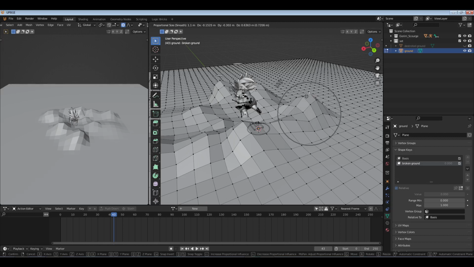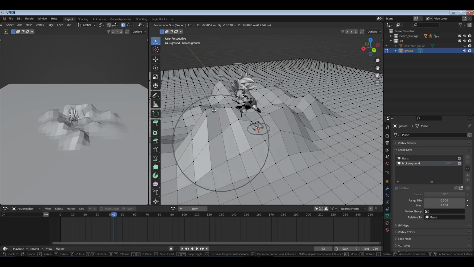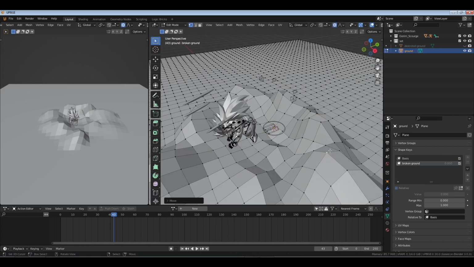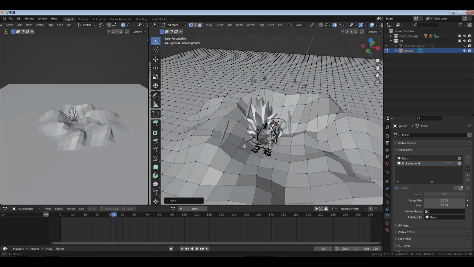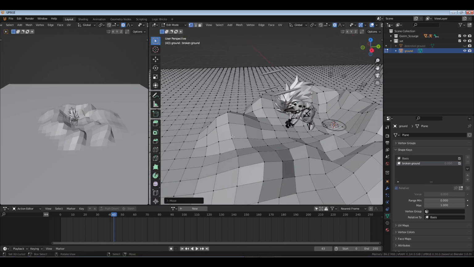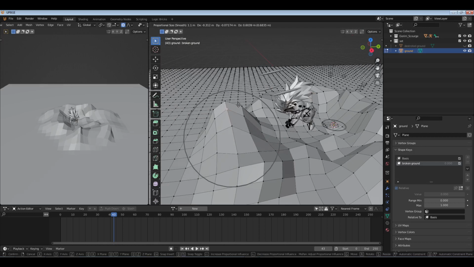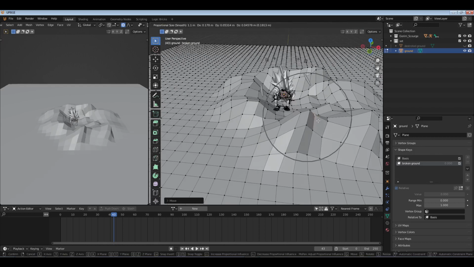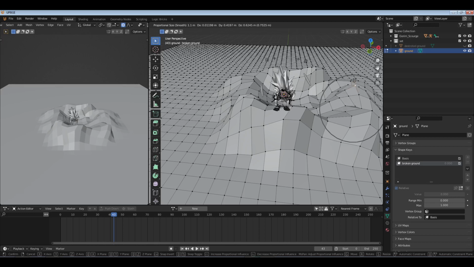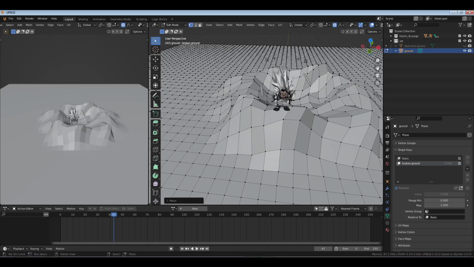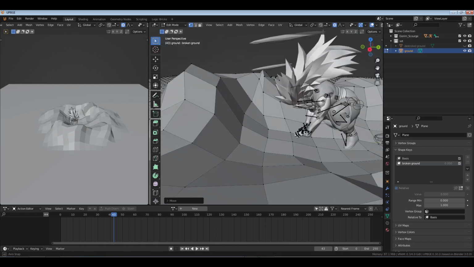That's the whole point, right? Is to make it look like it caved in. Let's get a little bit more extreme. We can always fix the parts that we want fixed later. All right, so the part where his hands are, like here, I'll bring it down and scale it